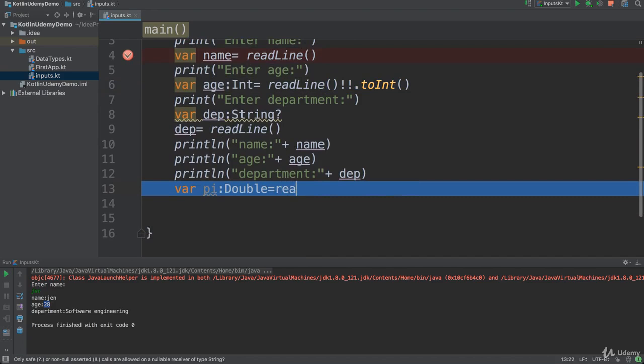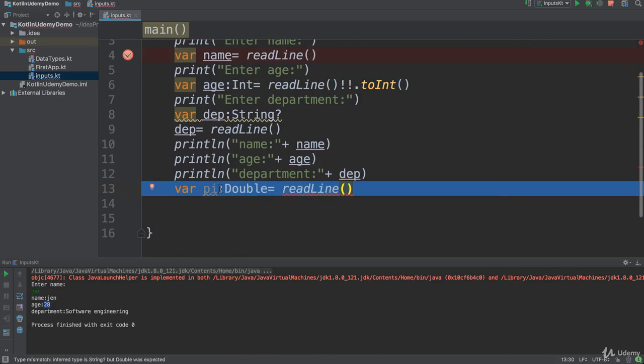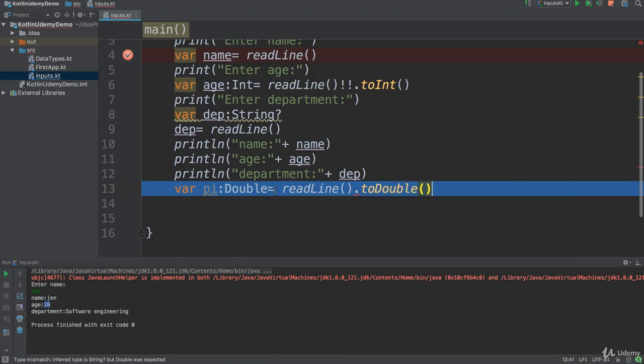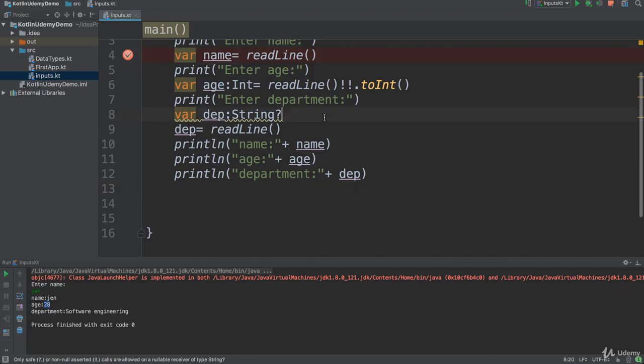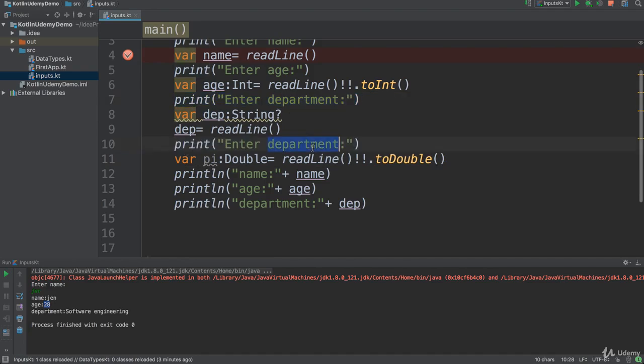So if I just say readLine, readLine will expect a double here. So I have to say toDouble. But this one is also not accepted, because I need to add a double, since I change the input value to be able to read it. Same thing, it's better to take this up in the variable place, after the department definition, and also make sure to print a message asking the user to input the pi, and also print the pi just to show you. Print pi